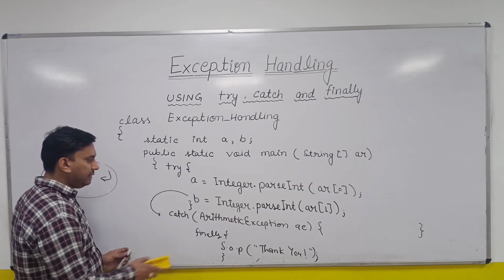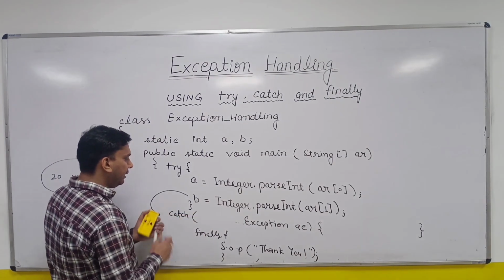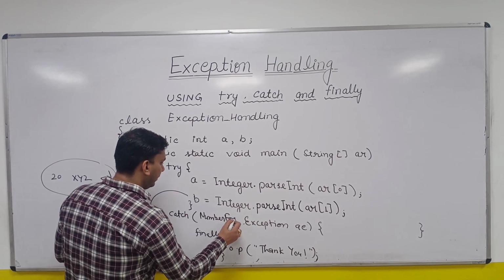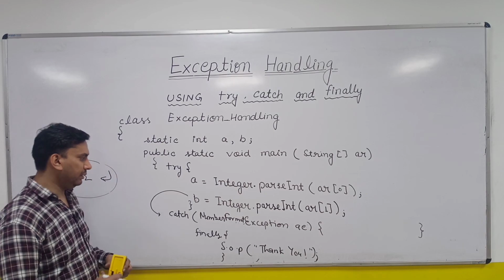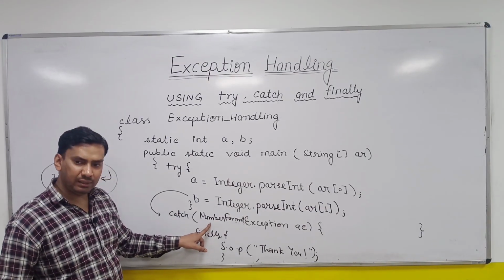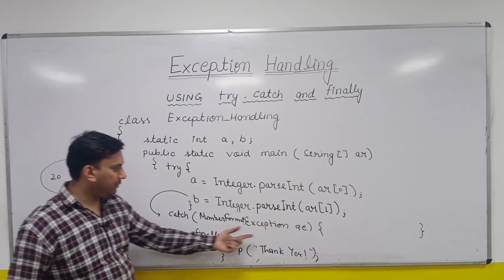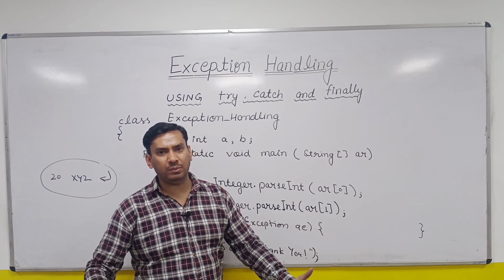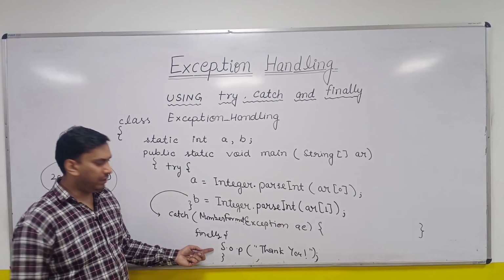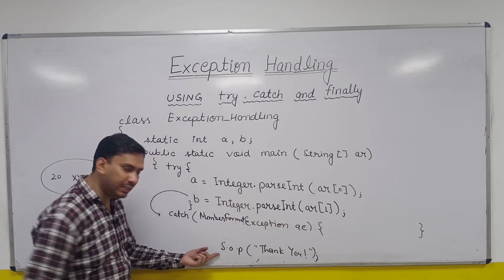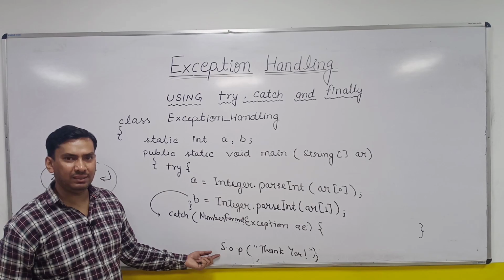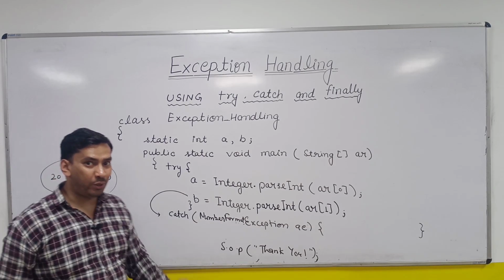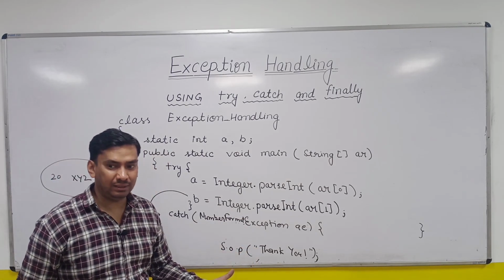I mean to say, let's say I am writing here the exception, that is NumberFormatException. So now this exception will be caught here. The catch block will execute here. It will write here some plan B. It is handled. Now the flow of the program will become normal. Now it will go to this statement. Even if you are not writing the finally block, still this statement will be executed. So there is no need of writing the finally block if the exception is handled. The finally block is important when the exception is unhandled, right?